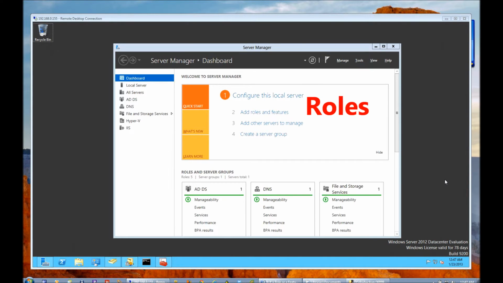I had a conversation with someone today and they posed a question to me, a kind of interesting question, actually kind of a loaded question. They asked me what the difference was between a Windows role and a Windows feature. That's kind of hard to answer, and I did struggle with it a bit. Not because I don't know, but because there's too many answers. For example,